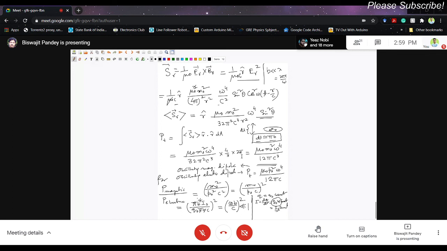So if you have a system of similar dimension with both electric dipole radiation as well as magnetic dipole radiation, then you can ignore the magnetic dipole radiation as compared to the electric dipole radiation. But you have to keep in mind that this is only in comparison with the electric dipole radiation. That doesn't mean that there is no magnetic dipole radiation. There is of course magnetic dipole radiation, but it is much feebler than the electric dipole radiation. Again, this has several applications, and I'm not going to the application part in this semester because we do not have much time left.